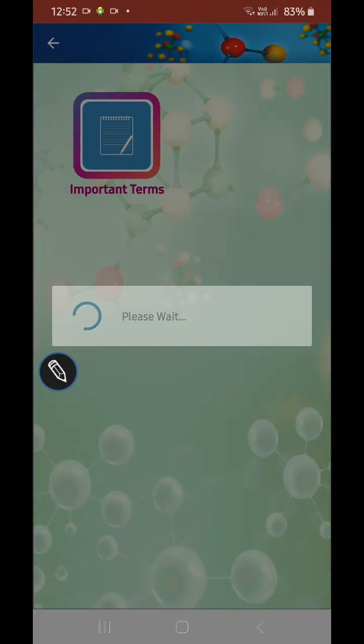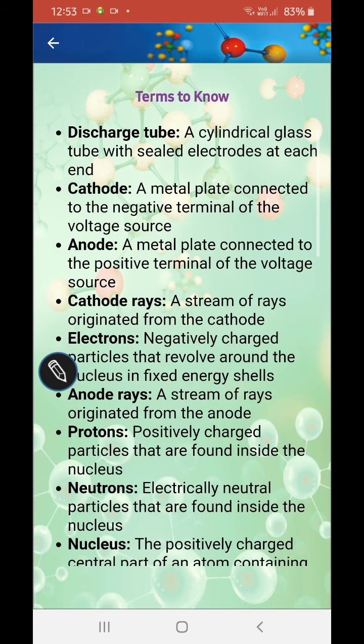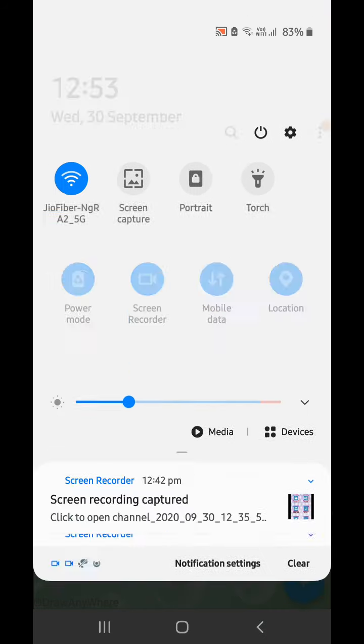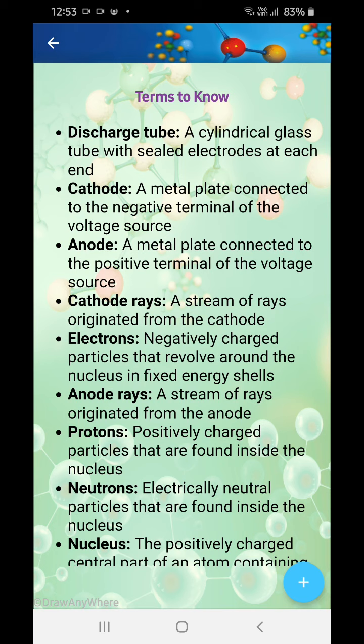Now we go to terms to know. So this atomic structure is not the similar one that you have read in class 7. It has a lot more to know about. Okay, so it's not that one that you have read in class 7. Okay, so like what is a discharge tube, you all know all that? No, right? So now you are going to learn all that. That's not a simple experiment. That's a very complex experiment. You cannot perform it in your school lab, but scientists have performed it to know about various subatomic particles.